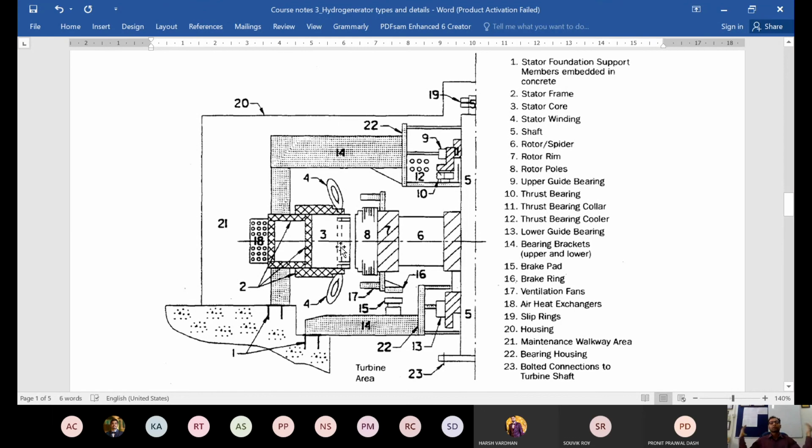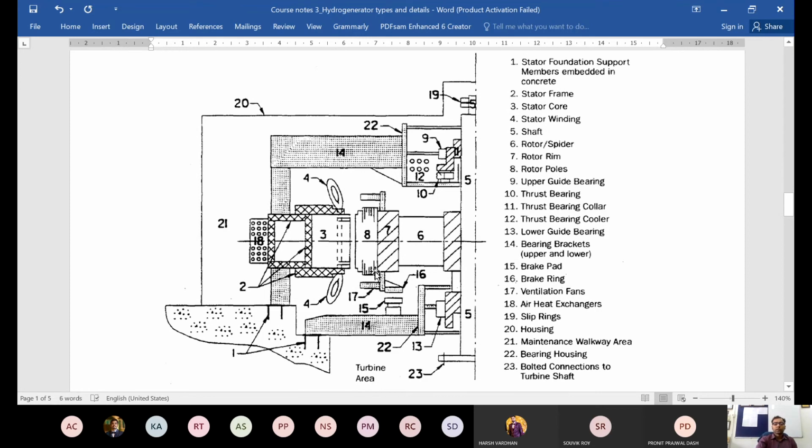So this one goes across the periphery, as you can visualize. This will be across the entire inner diameter of that cylindrical structure. And this stator core is going along the stator frame, encased in the stator frame. Fourth one is the stator winding. So this is just shown here for demonstration purpose like this. This winding will be embedded in the stator core. So in the stator core there will be slots, and in those slots your winding will be placed.